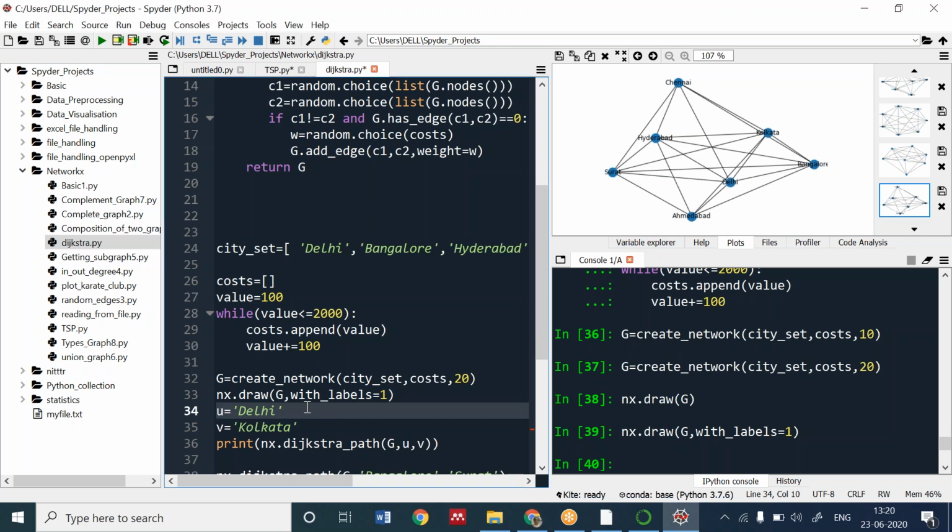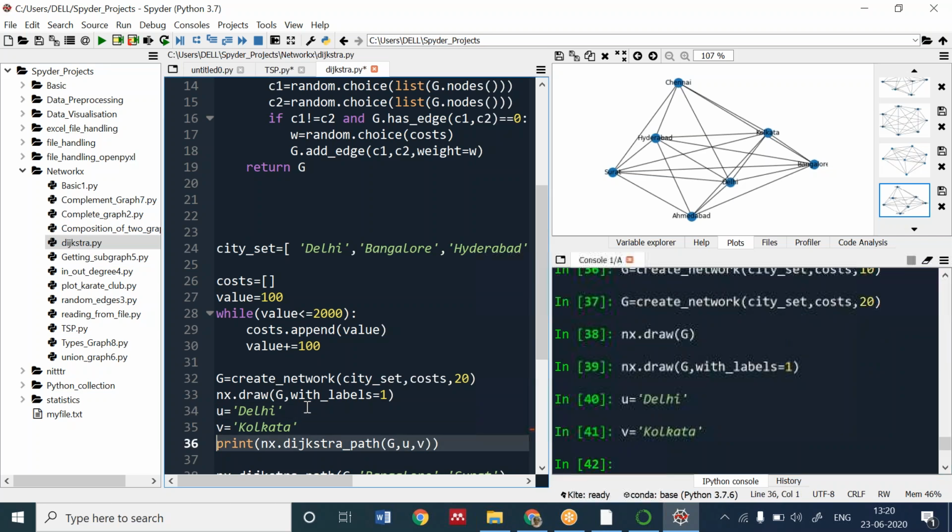Now I am assigning variables u and v. Now I want to check from Delhi to Kolkata what will be the shortest distance. Which should I traverse? Okay, using Dijkstra path. The Dijkstra function we have done: what does Dijkstra do? It travels the shortest route, it finds the shortest path, calculating the shortest path from a single source to different destinations. Now what do we have to do? We need Delhi as a source and Kolkata as a destination. We have to find the shortest path, by which route we should go.